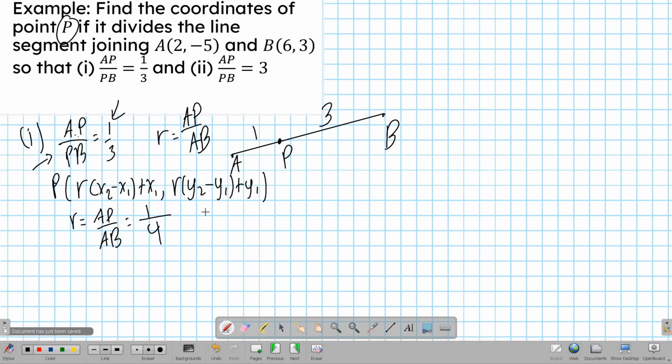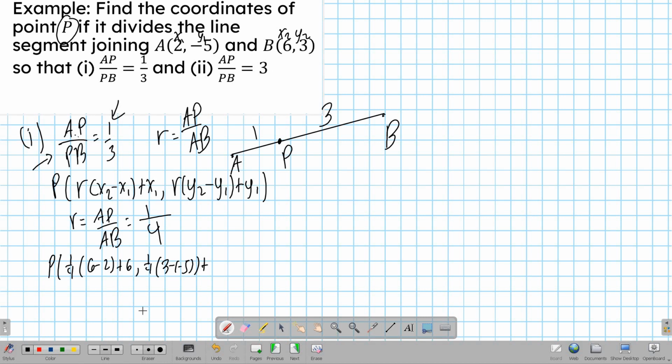Now that we know the value of R, we can solve for the value of P. Since we have x sub 1, y sub 1, x sub 2, y sub 2, and then R, the coordinates of point P would be 1/4 times, and we have to be very specific that A is the first point and B is the second point. So, we're going to have x sub 2, that's 6 minus 2 plus 6, comma, for the ordinate, 1/4 times 3 minus negative 5 plus,